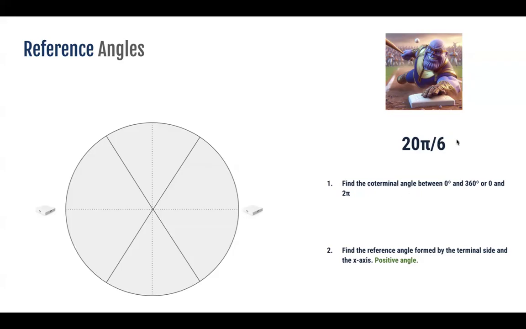Now, let's say the given angle is in radians. Let's simplify this angle as 10 pi over 3. Now, think in terms of the angle being between 0 pi and 2 pi. But because the angle is divided by 3, we might as well write it as 0 pi over 3 and 6 pi over 3. Now, just like pi can be written as 3 pi over 3,